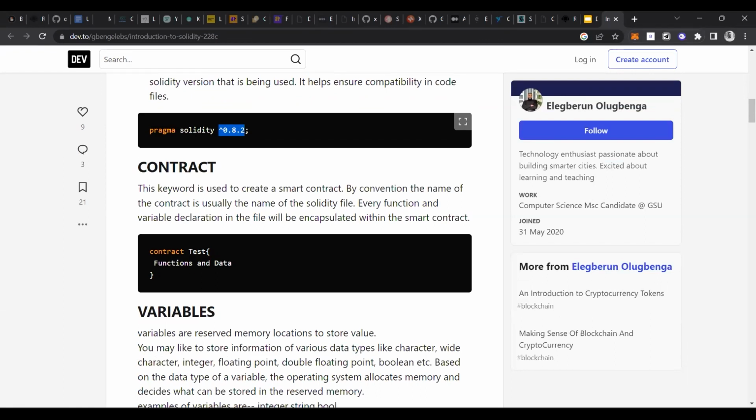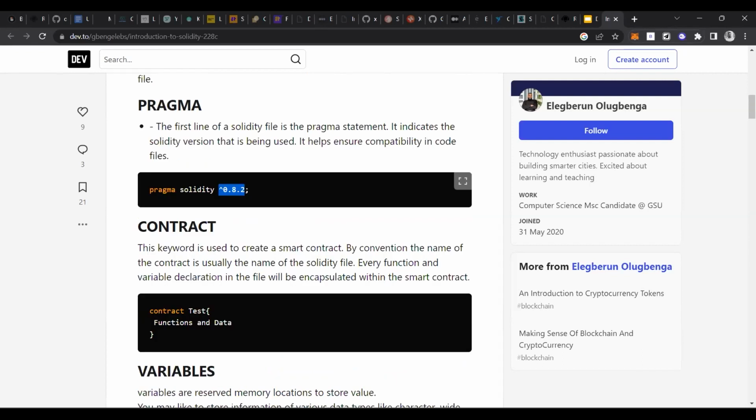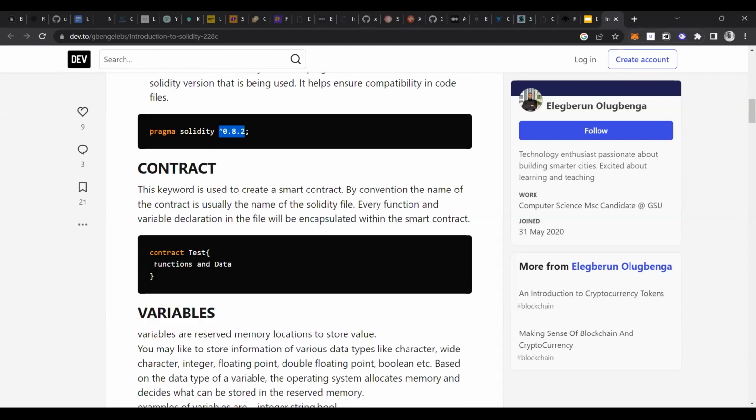So we have to specify the smart contract version at the top itself. It is mandatory to write the Solidity version which you want to use. To make the contract, you have to mention the contract keyword, which is a reserved keyword, then the contract name, and then you are ready to use functions and data types.